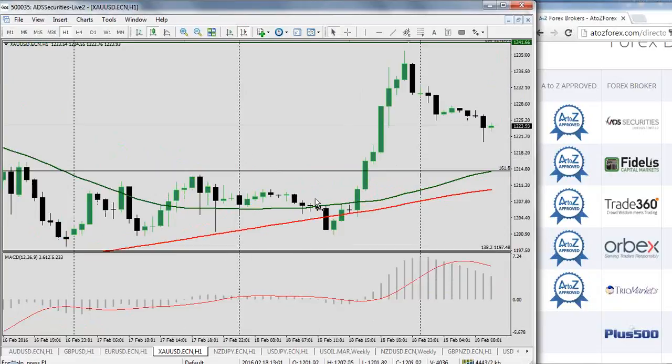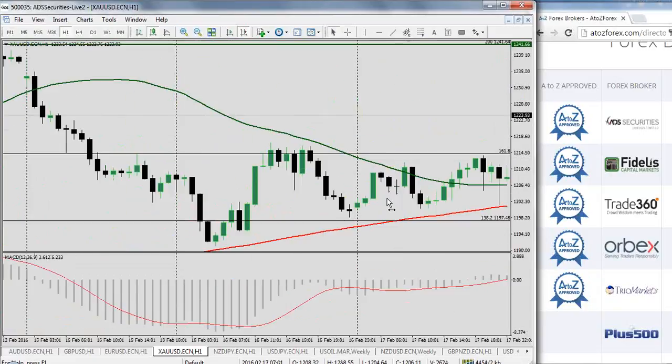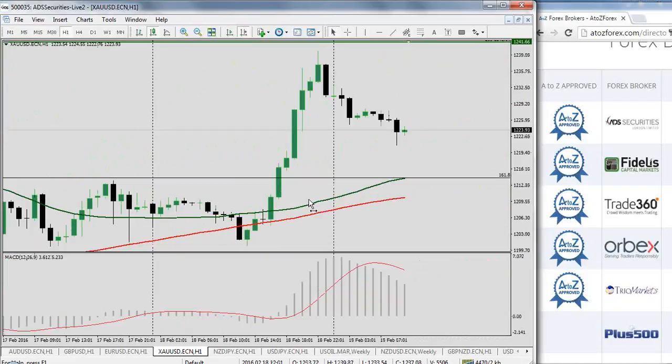So we saw the price action formation, and also we saw the market breaking above the moving averages, while both of our trend following indicators, which are our moving averages, were sloping upwards. So that being said, this was the main reason for us to consider going bullish above the